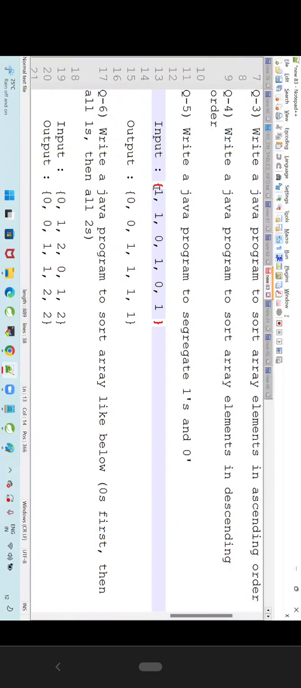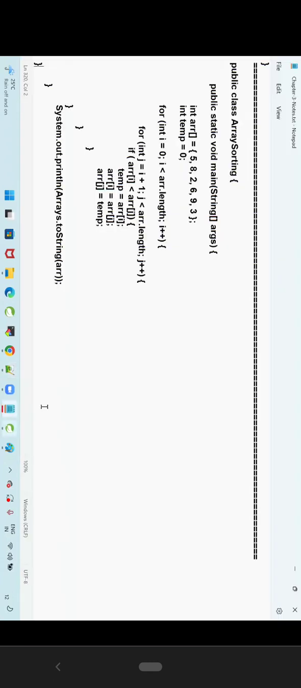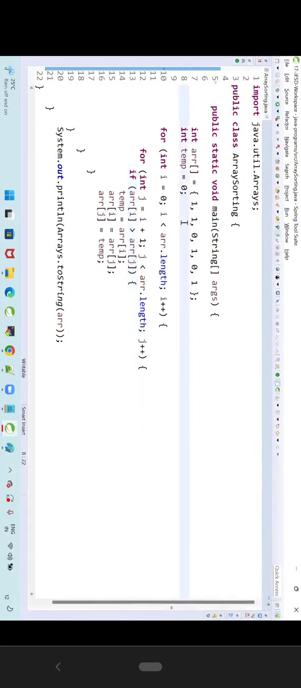There are many logics available to do the segregations. If I take this array, look at my code. Write a Java program to segregate ones and zeros. I'm taking my array like this, ones and zeros. If I use greater than, then segregate ho gaya. That means the ascending order program is giving the output for the segregation. If I take this also,